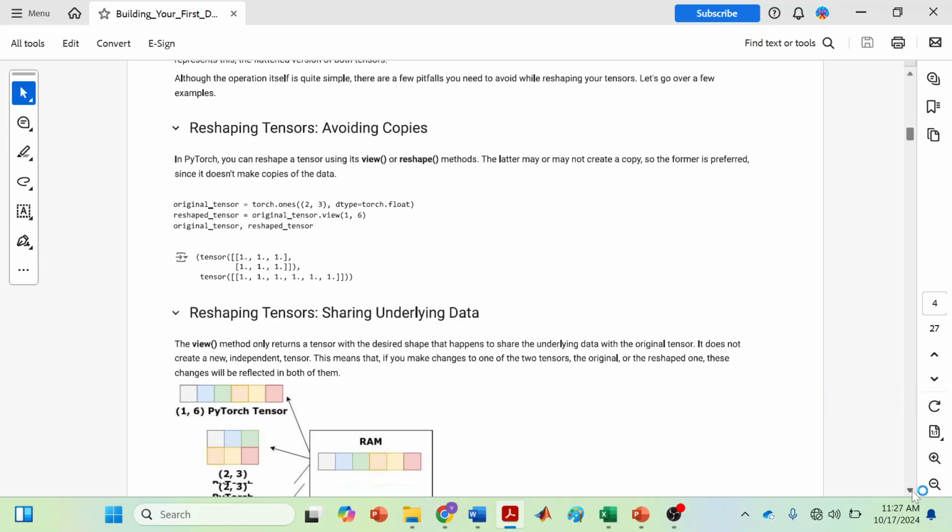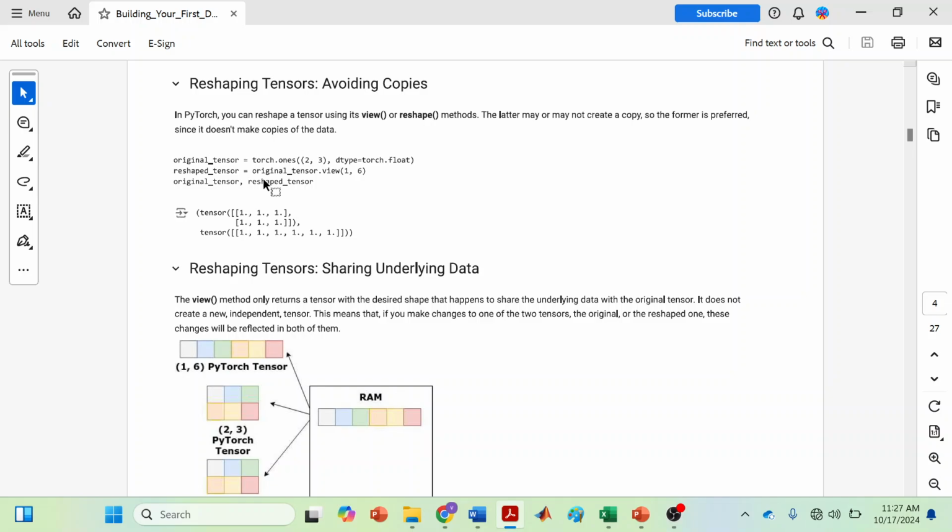So instead of having 2 rows and 3 columns, it just has 1 row and 6 columns. When we review it, we can see that this tensor has been reshaped to this particular tensor, and there is a very interesting property of